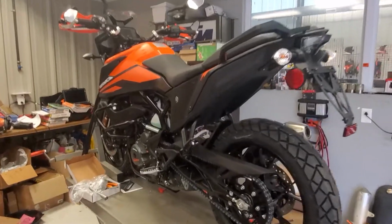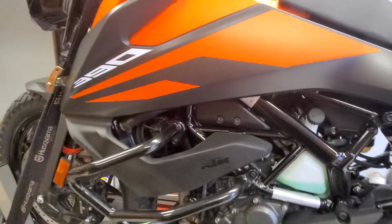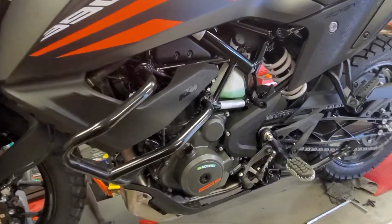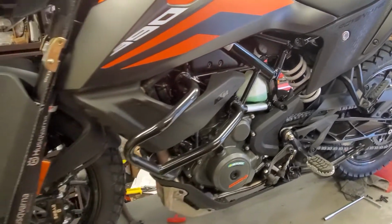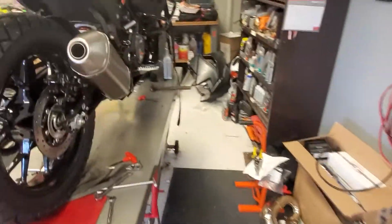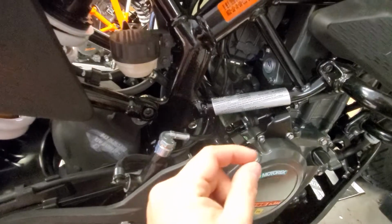Alright guys, I want to do a quick video here just to give you the overview on the Rekluse clutch for the KTM 390. And if you're having any issues with it, it works a little differently, a lot differently than the Rekluses on most other KTMs that have hydraulic clutches and even a lot of the dirt bikes. So if you install everything and it's not working, you have to realize that the Rekluse works by leaving